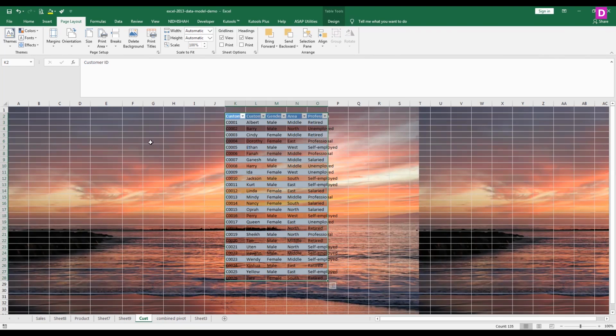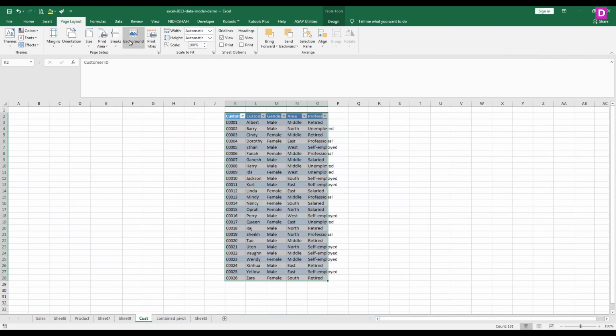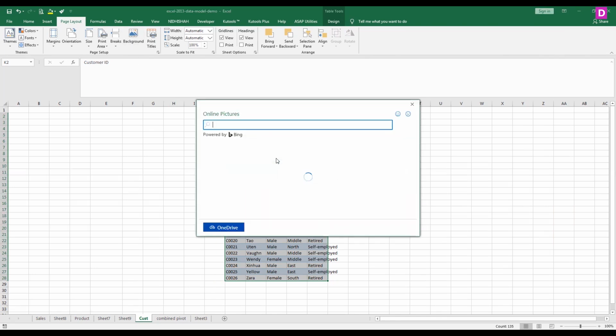So if you are deleting this background, delete that background. If you added a different background here,